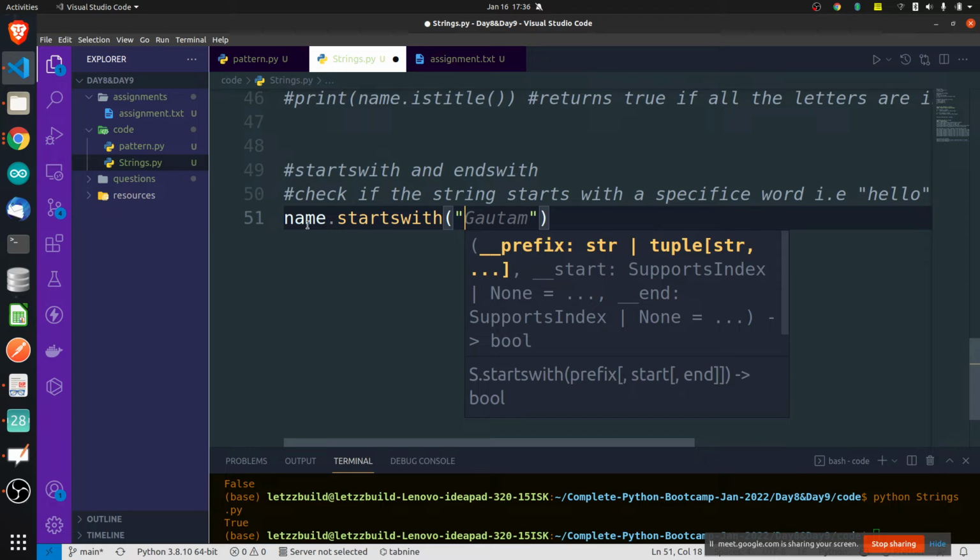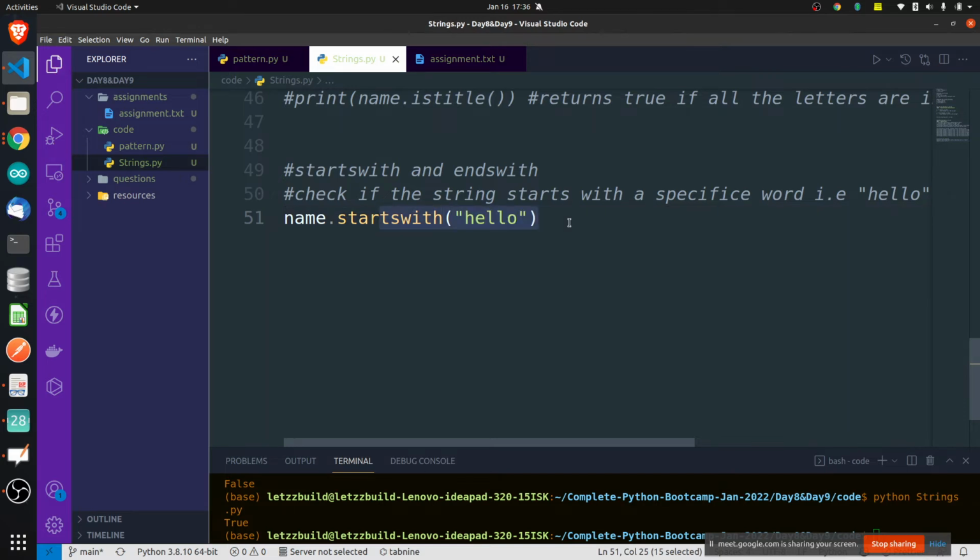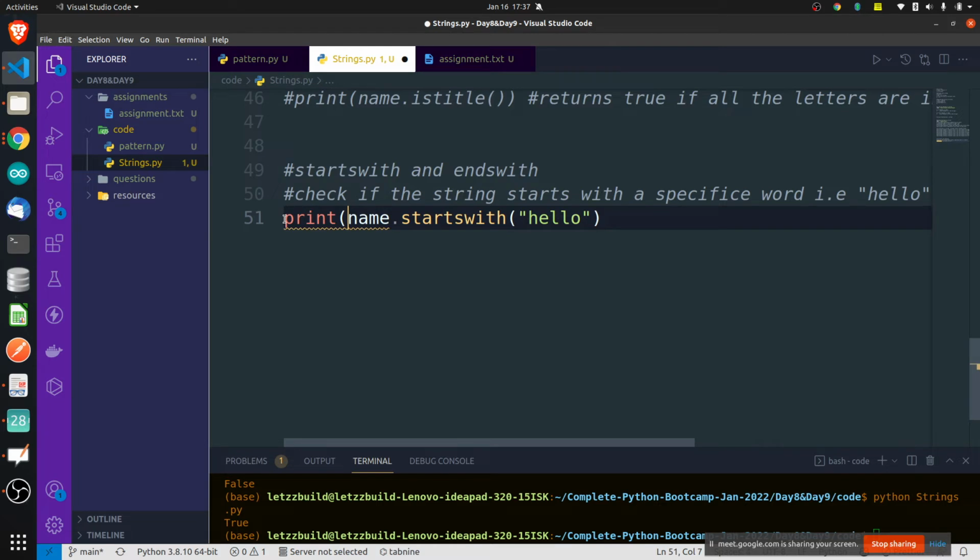How do you access all the functions that are available in a string? With the help of the dot operator. The string name, dot, the function name. Very simple syntax. If you want to access any function available inside a string, you first write the string name, put a dot, and then write the function name. That's it. And this is actually a function call. So what should it return? Let's print and see. It should return true or false. False, because it is not starting with hello.